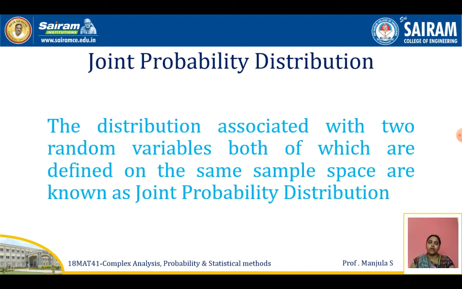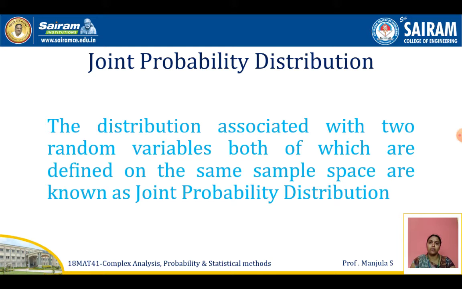So already we learned what is meant by probability, what is meant by probability distribution. In probability, I think around 4 distributions we studied in a previous module. That is binomial distribution, Poisson distribution, exponential and normal. That is only probability distribution, whereas in this topic you are going to study about joint probability distribution.